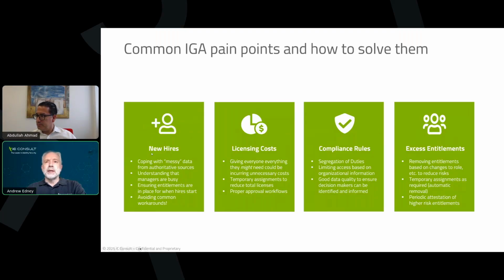The thing we see is the fact that you have HR systems that are not really intended to support the identity management system, because they are HR systems. The identity management system needs to work with HR and accept data that we might consider a little bit messy. This is especially true if you have multiple HR systems feeding into your identity management platform. One Identity Manager is very good at coping with that idea of having many authoritative sources.